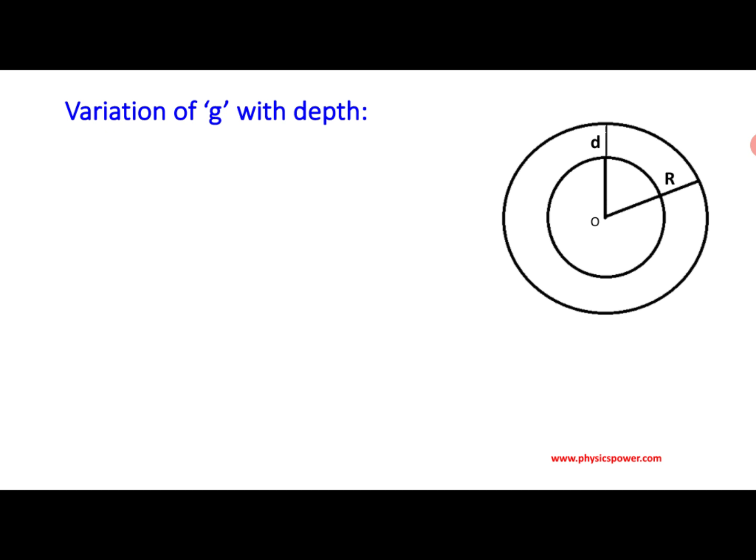So according to the planet radius, considerable depth we went, so there we want to identify the acceleration due to gravity. If you went up to that point, then at that point the distance from the center of the planet to that particular point will be r minus d. Now let capital M be the mass of the planet. So with these parameters, we can analyze the concept.